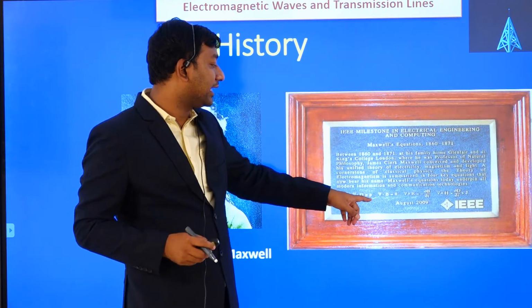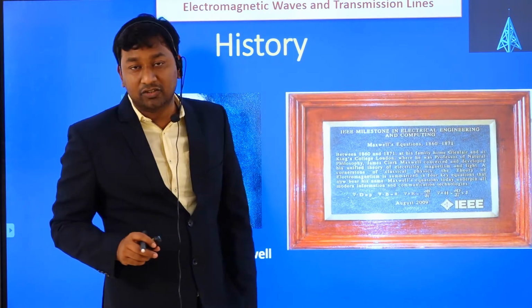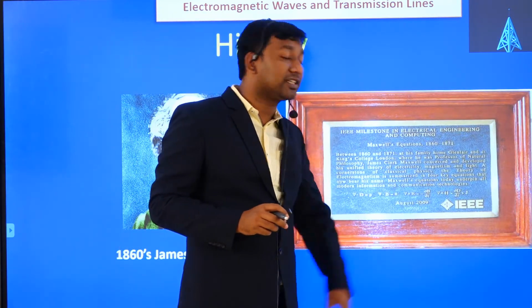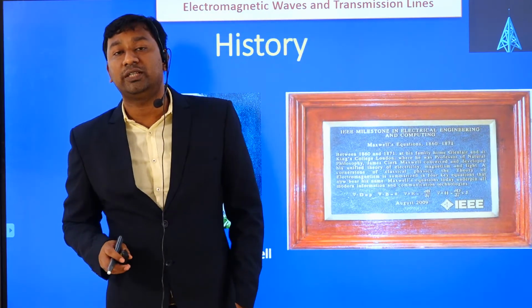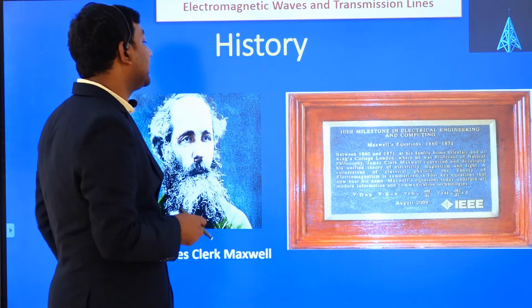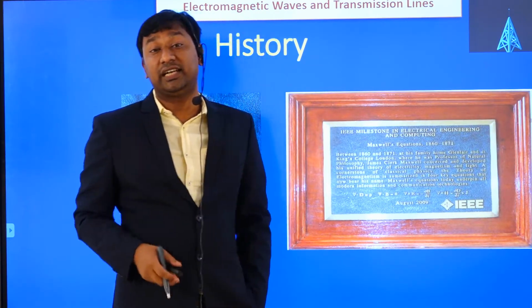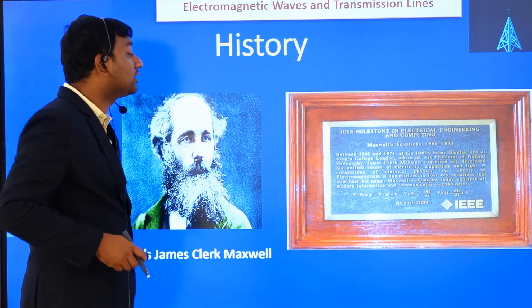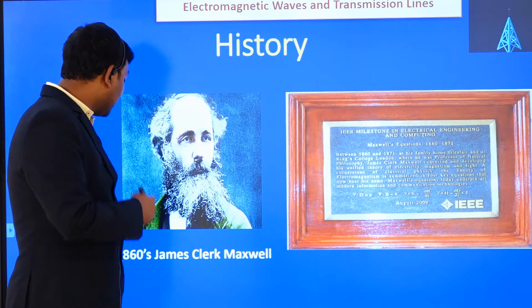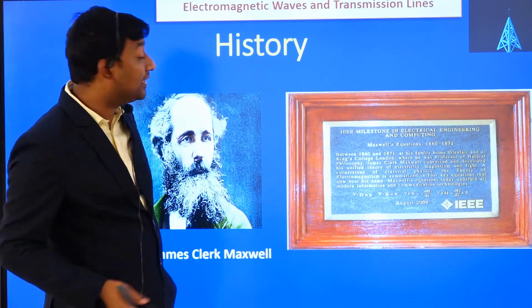These four equations are del dot D equal to rho v, del dot B equal to 0, del cross E equal to minus dou B by dou t, as well as del cross H equal to J plus dou D by dou t. Using these four equations, Maxwell unified the theory of electricity, magnetism and light. They are applicable in all conditions, electricity, magnetism as well as light. This is one of the unique things developed in 1860 by James Clerk Maxwell, and many things are running based on these equations.